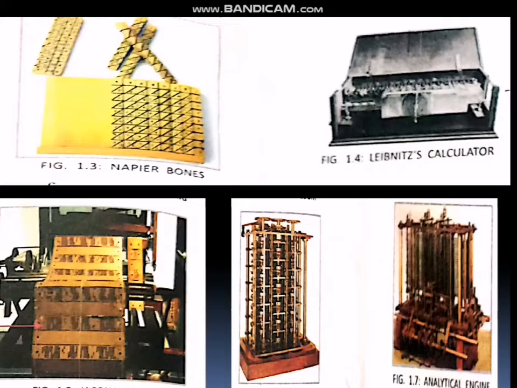Next one, Jacquard loom, difference engine and analytical engine. These are all early calculating devices. The Jacquard loom uses punched cards. It controls the sequence of operations. Next, the difference engine and analytical engine were developed by Charles Babbage, who is known as the father of modern computers. You can solve complex functions and calculations using the difference engine and analytical engine.